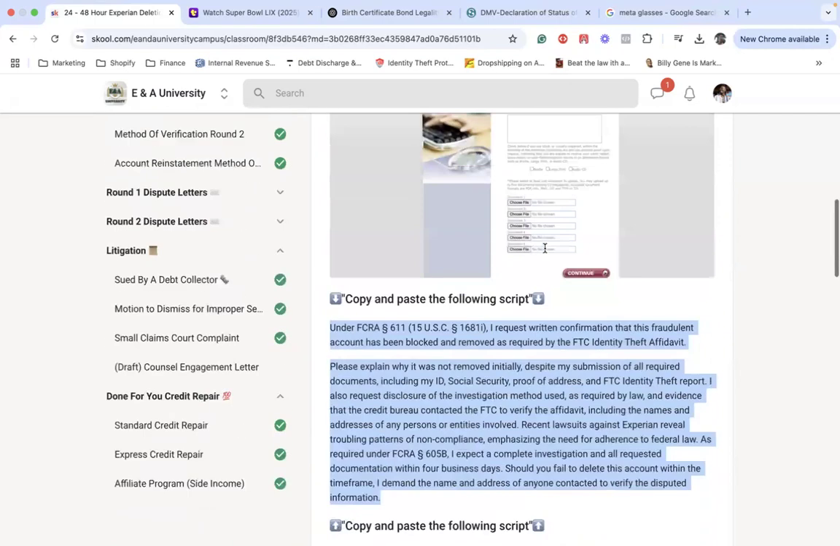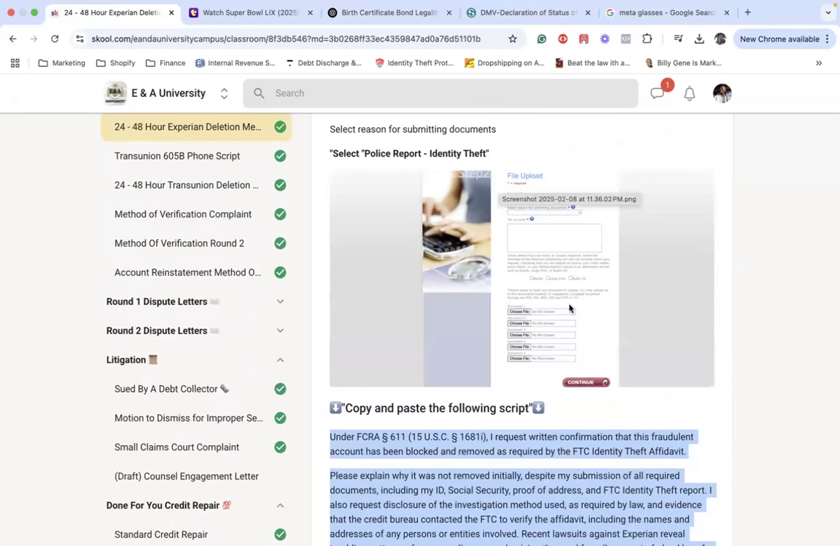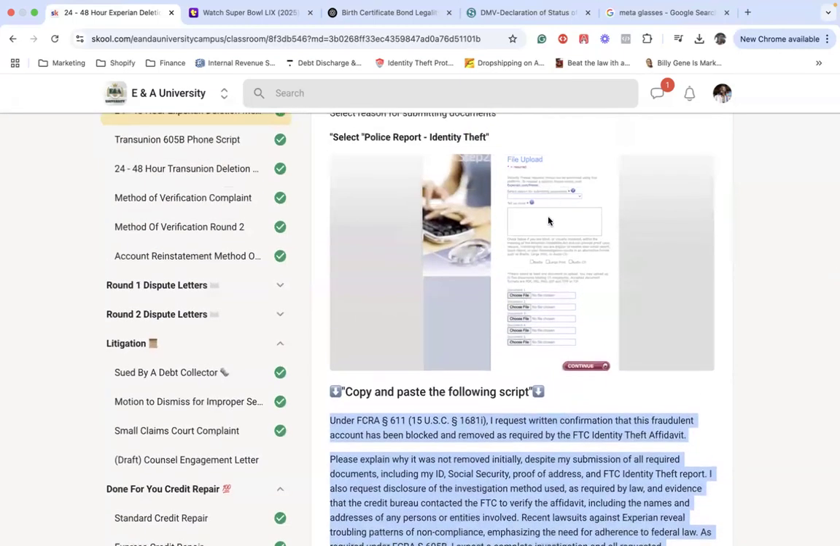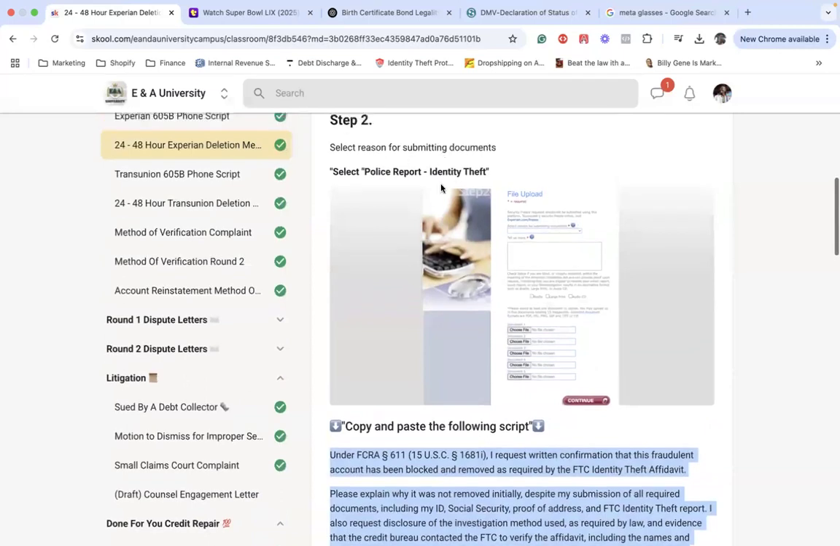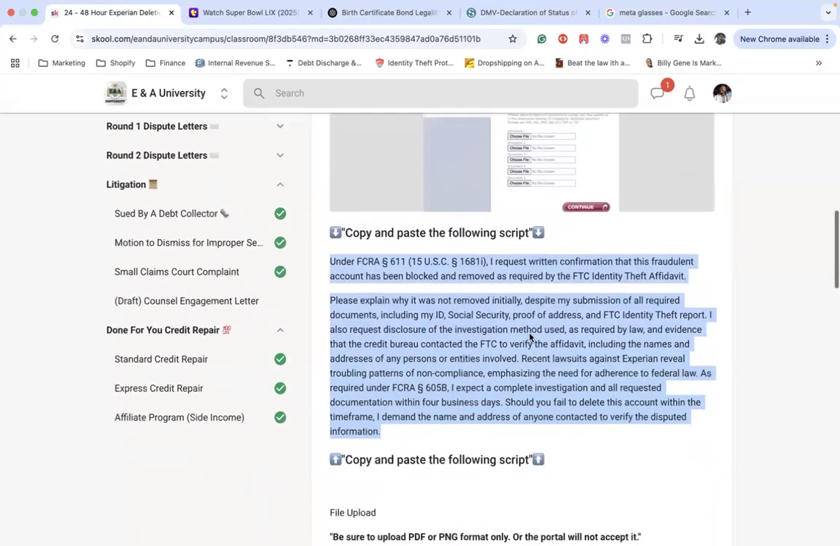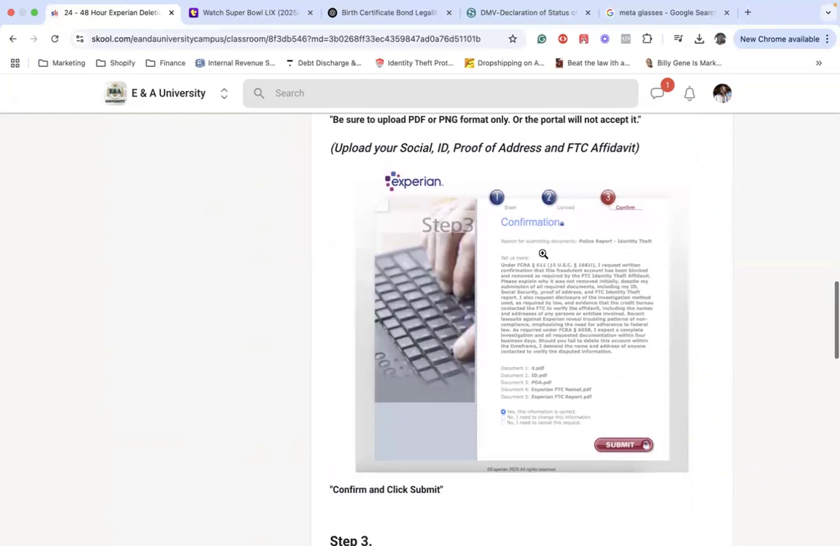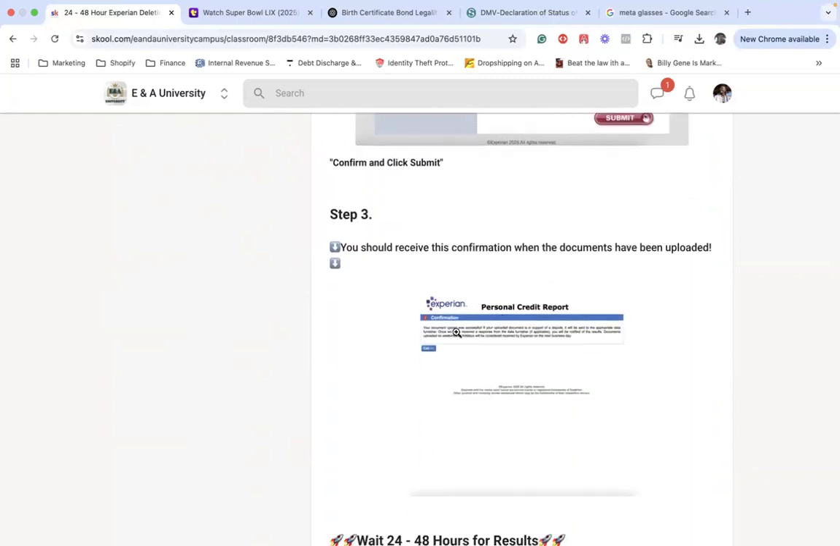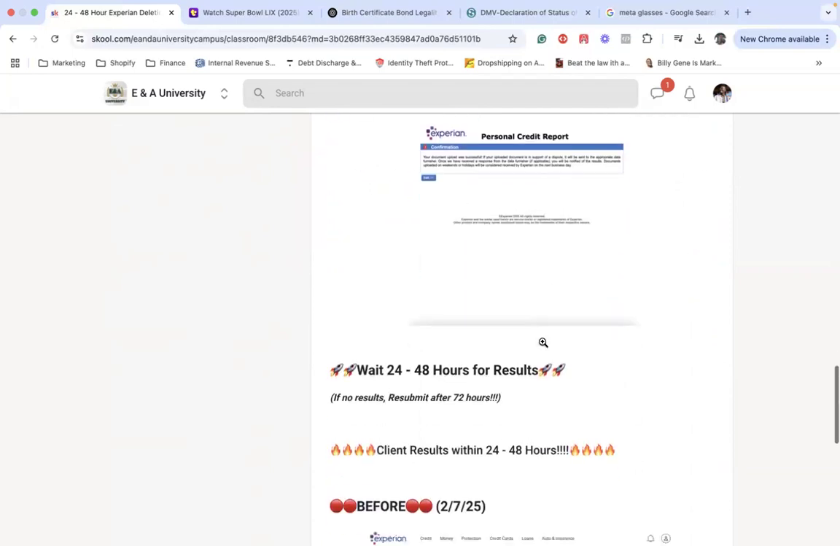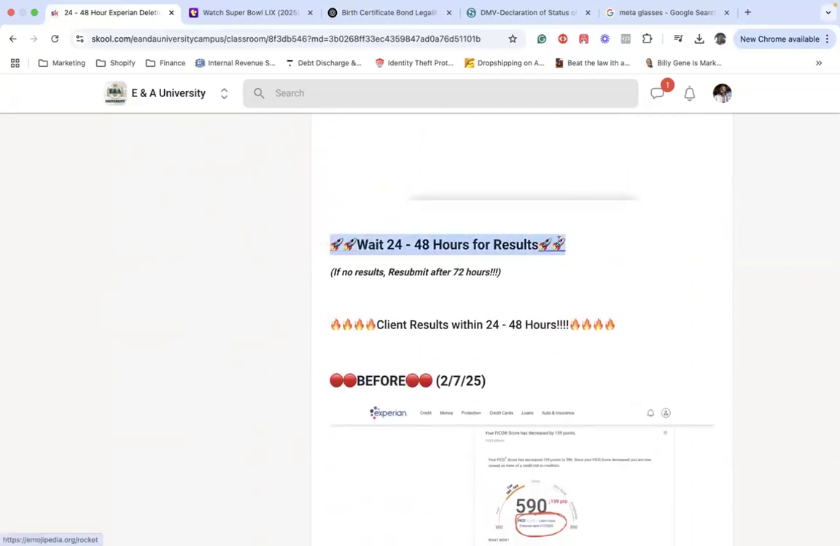So you're on step 2 where you're uploading your files, submitting all of your statements, and also selecting the type of report you're submitting. And this is what it looks like on the third and final step, right? And you're going to just confirm, yes, this is correct, and submit. And once you submit it, it looks like this, right? It'll tell you that you received the confirmation for your uploaded documents, and then you just wait 24 to 48